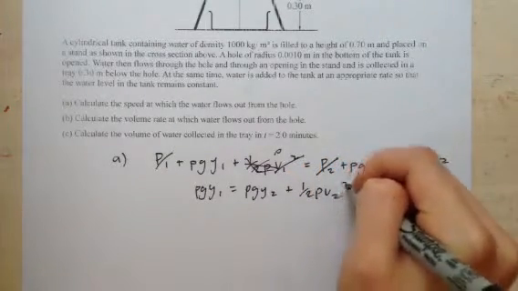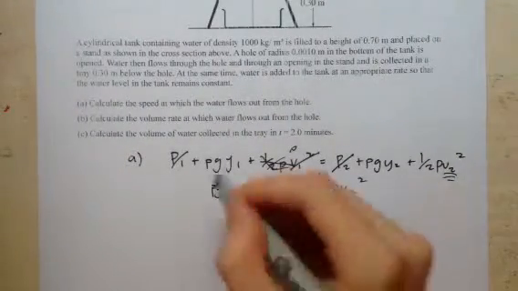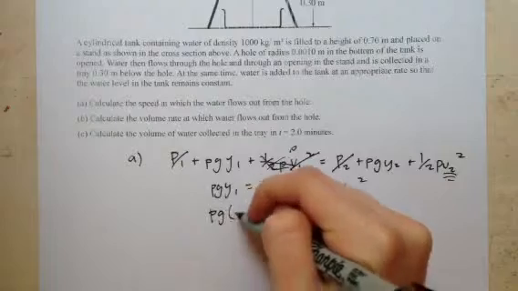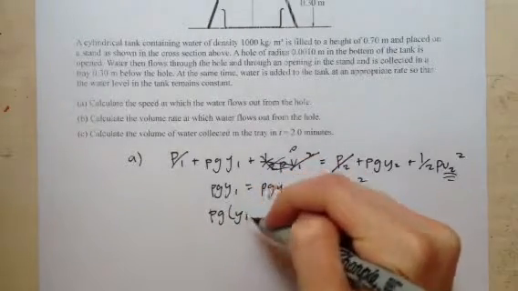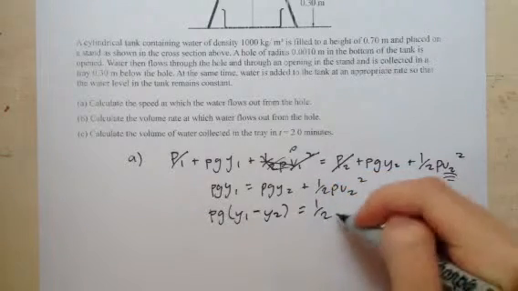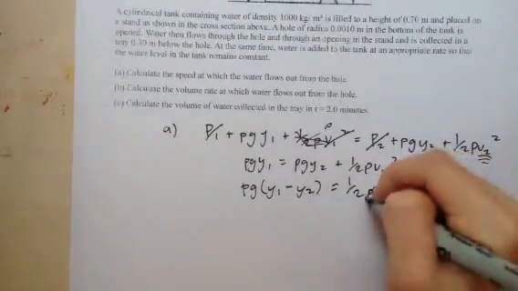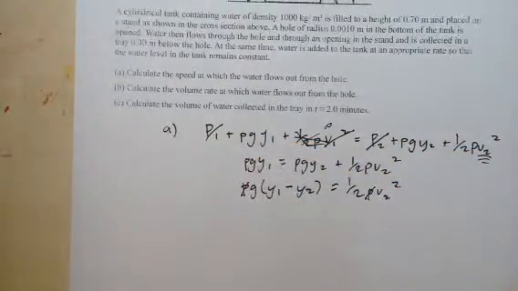Then we subtract this from that side, which gives us rho g times y1 minus y2, simplified version, equaling half rho v2 squared. Now we can cancel out the densities, because they are both 1,000 kilograms per meter cubed,